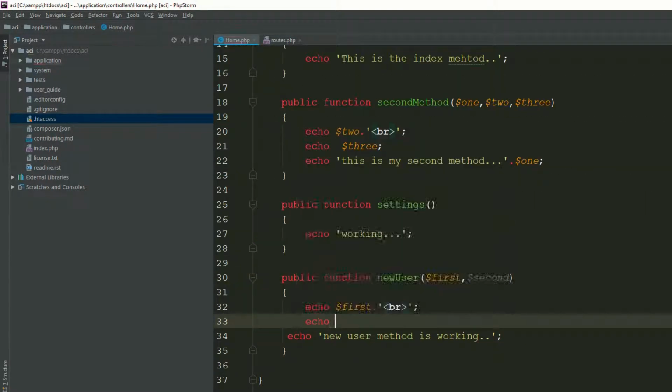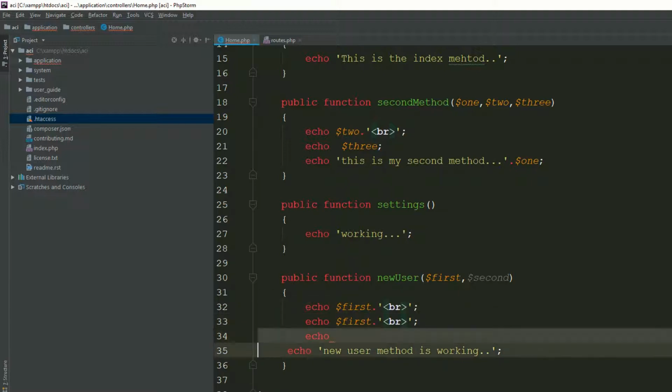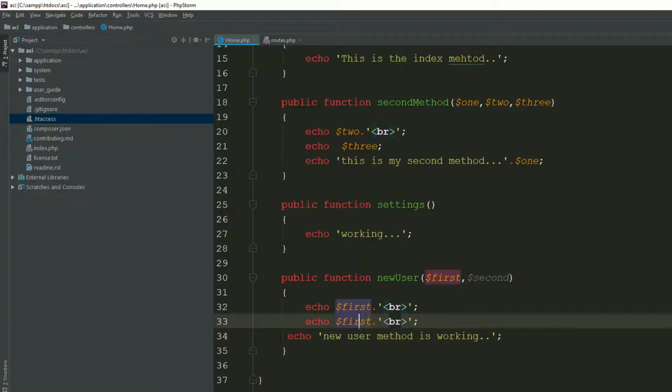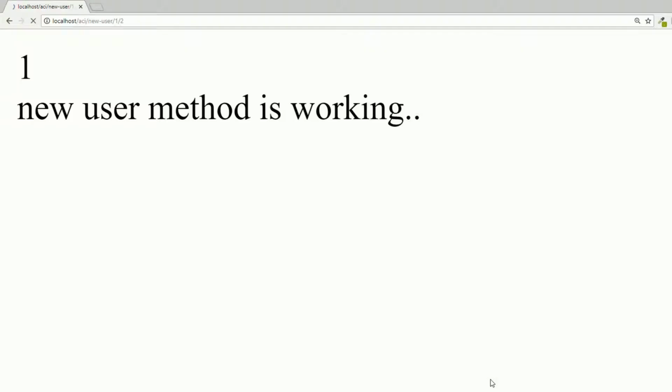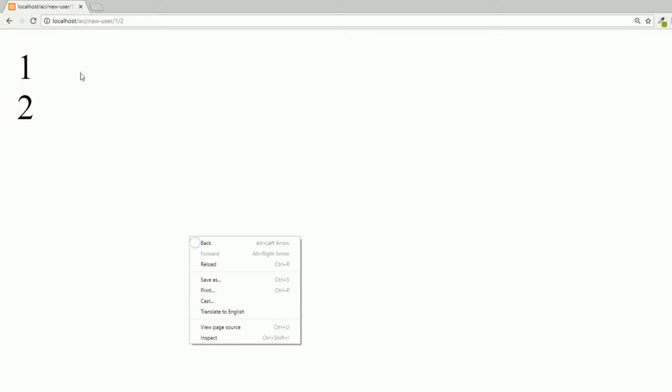Now you can Control D, which means copy paste. Now you can echo the second variable. Okay, remove this, go to your page, refresh the page. So now, as you can see, you are passing the 2 parameters and you are receiving the 2 parameters here,